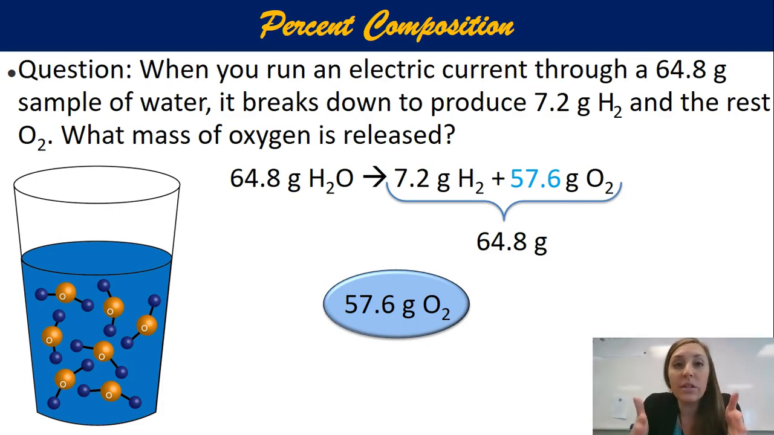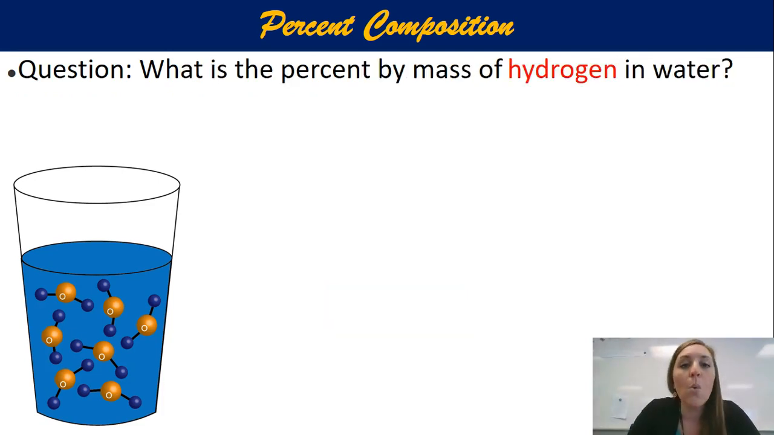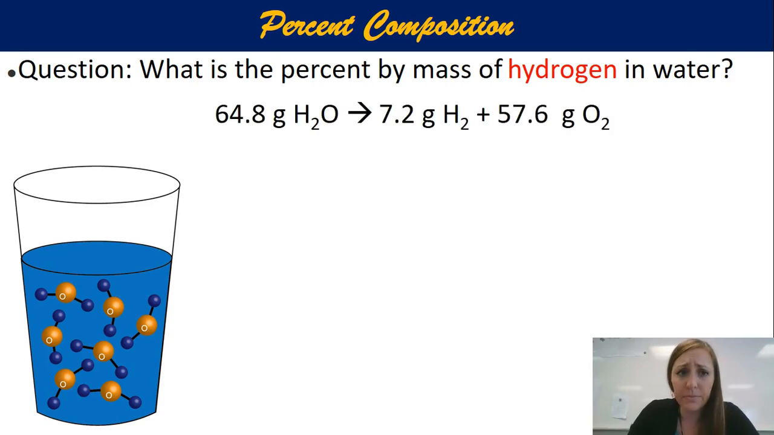And now it's always going to have this ratio, right? Whatever percent of oxygen is made, that's the percent that will always be made. Let me explain. What is the percent by mass of hydrogen in water? Okay, so we know that if we have 64.8 grams of water, 7.2 grams of that was hydrogen, because that 7.2 grams of hydrogen and the 57.6 grams of oxygen would come together to reform into the 64.8 grams of